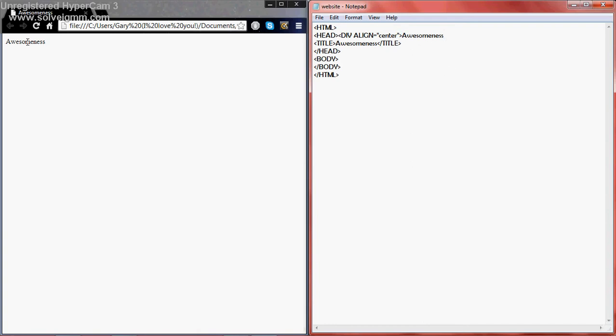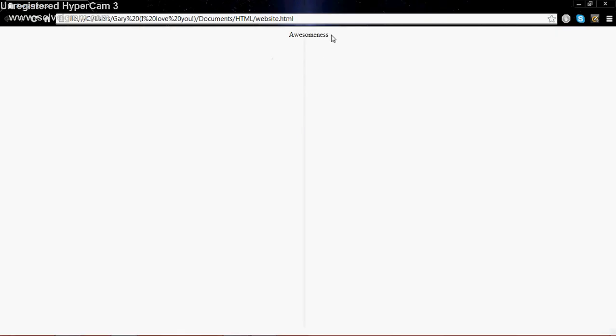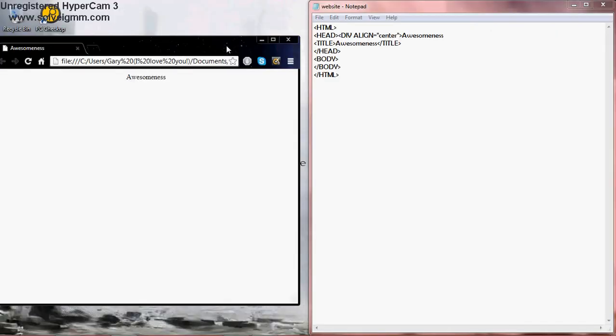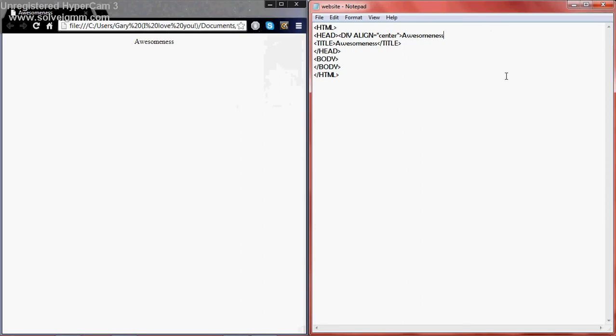So what that'll do is nothing yet because we didn't save it. There we go. What it'll do is it'll move it right here, straight into the middle of your browser. So when you maximize it, it'll still be in the middle. Minimize it, it'll be in the middle. So now, after we do that, we have to make sure we put in